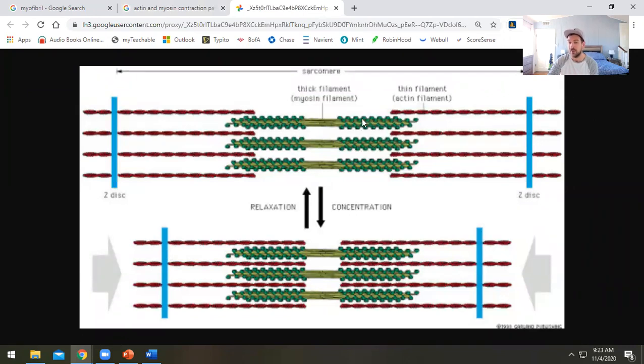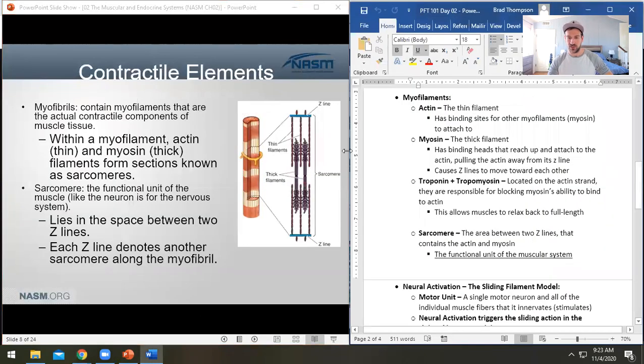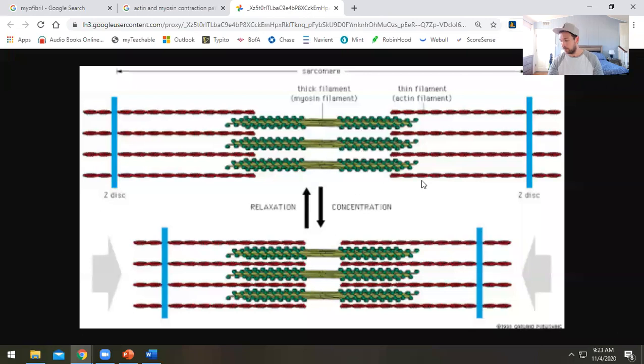And so the thick filament here in the middle, it has all these specialized little heads. I'll go back to the PowerPoint for just a second. So you can see all these little club-like heads on here. And those club-like heads are able to reach up and grab that little myosin strand. And when you look at a myosin strand, you can kind of see all of these